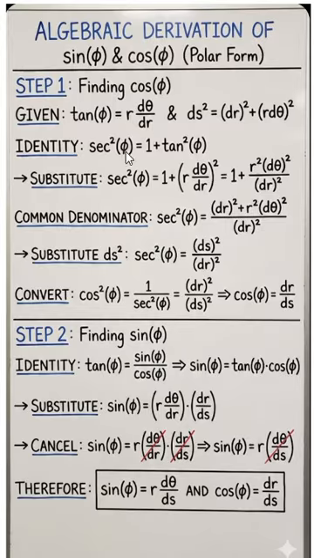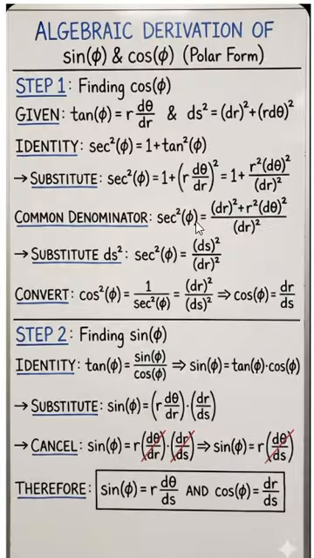And one more identity we know: secant square phi is equal to 1 plus tan square phi. Based on that, we need to find sin phi and cos phi, which will help in the pedal equation derivation. Now, secant square phi is equal to 1 plus tan square phi. In place of tan phi, we can put r d theta by dr, and this is equal to, finally,